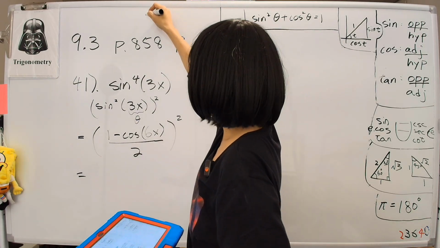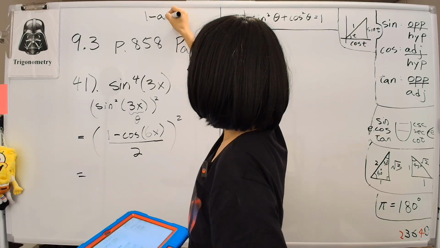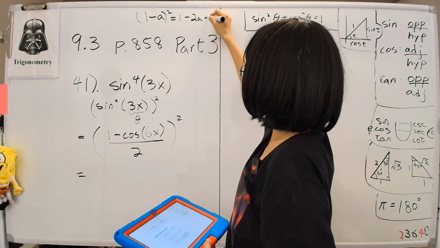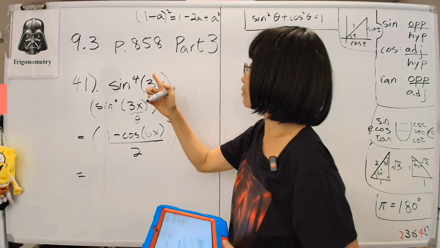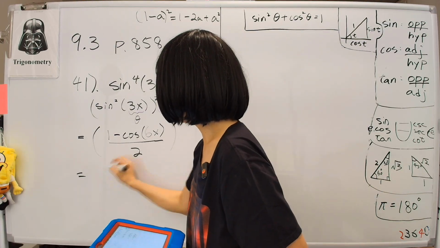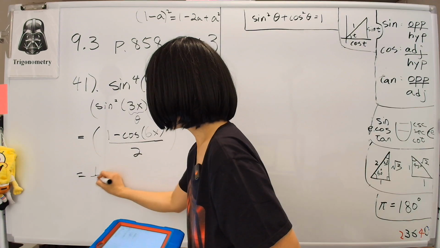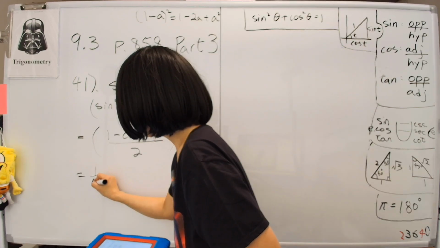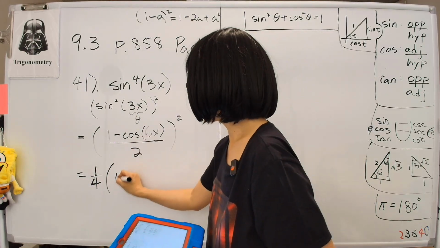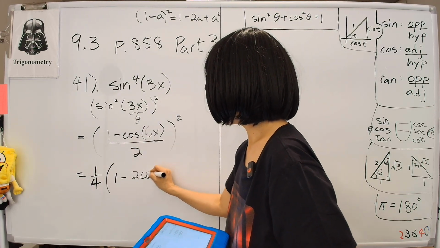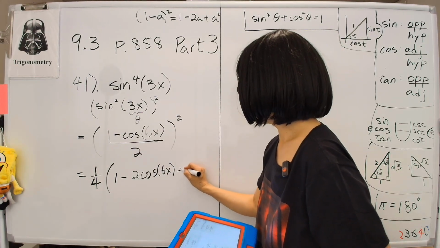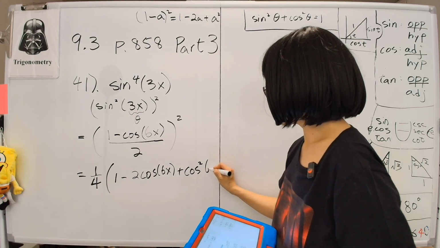let's see, let me write down the formula here. If we do 1 minus a and square it, that would be equal to 1 minus 2a plus a squared. That's the formula we follow, and you can verify that by multiplying it out. But anyway, 2 squared is 4, so we'll write down the quarter right here. My marker is not thick enough. And then this becomes 1 minus 2 cosine of 6x, and then plus cosine squared of 6x, following